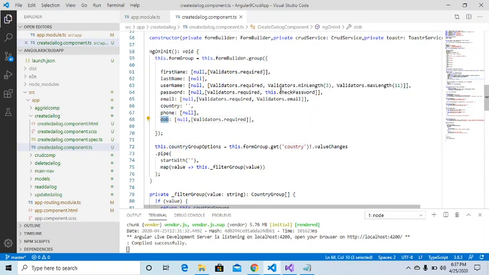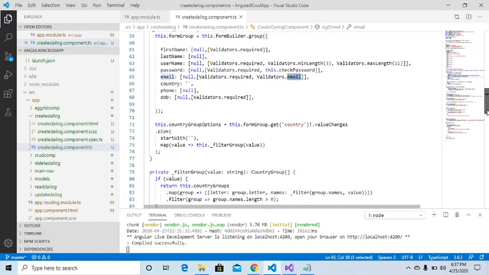Different kinds of validation are in place, such as username should have a minimum length of 3 and a maximum of 11. Password should have some function validation, which is check password, and I will show you what check password is doing. Then email has some user-specific validation that I will show.